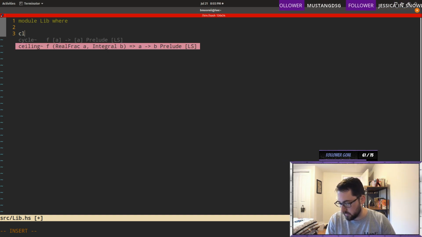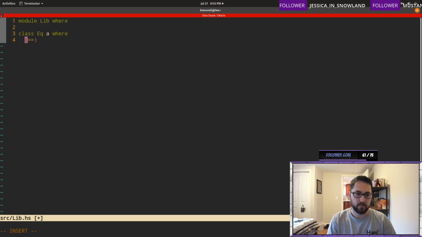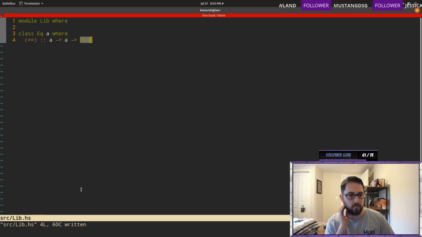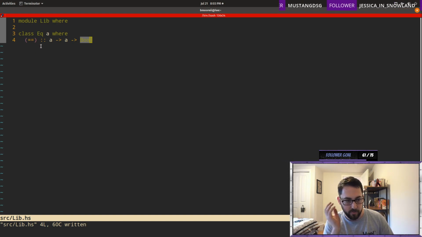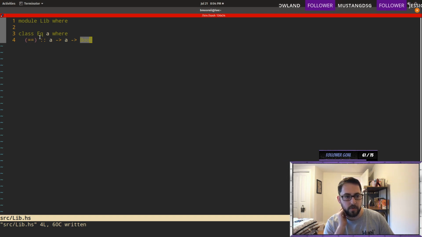Okay, so type classes. If you're unfamiliar with them, they look something like this. Okay, so we're defining a constraint class here, or a type class, that determines how to say whether or not a's are equal. So in Haskell, to use the operator equal equal, you need to define an instance of this type class.